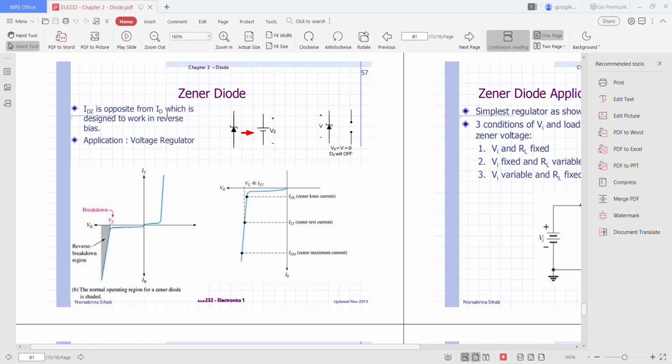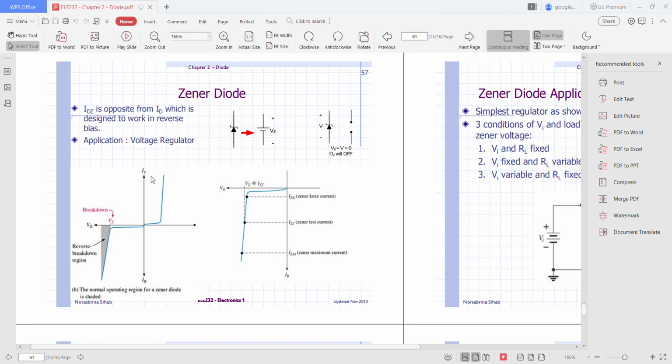This current is actually the diode current, which is designed to work in reverse bias. So in Zener diode, the current should be flowing in the opposite direction compared to an ideal diode, where the current should be flowing this way, from here to here. Okay,